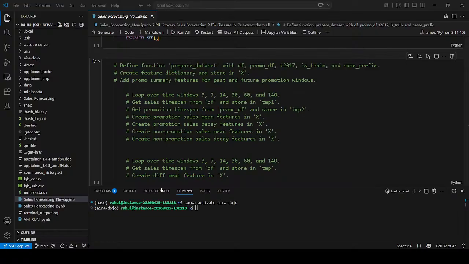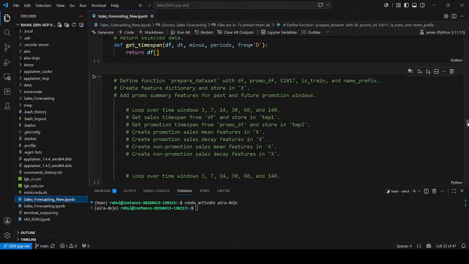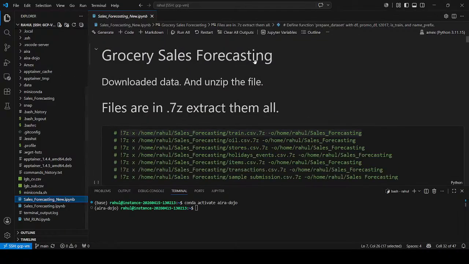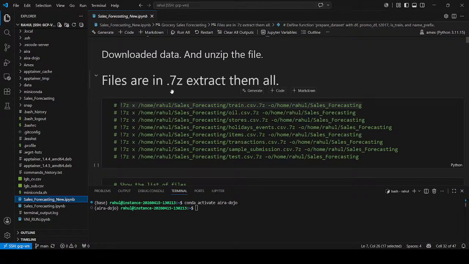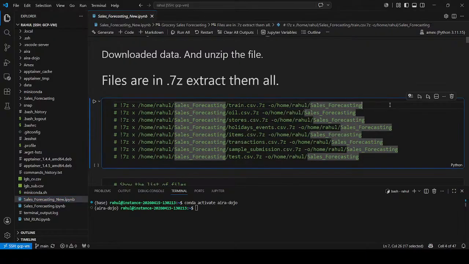In this video we were doing our use case, grocery sales forecasting. In our yesterday's video, what we have done till now: we downloaded this data set, and our data set is in zip format, so we unzipped our data set using these commands. Since the size of our data set is very big, what we did,